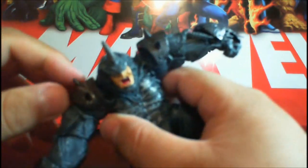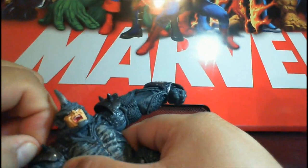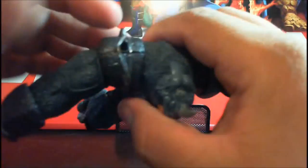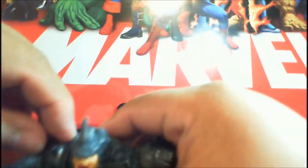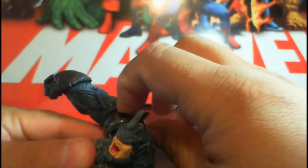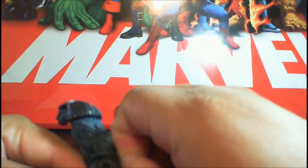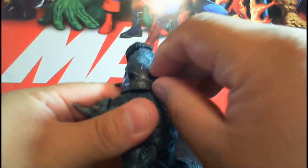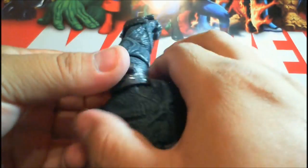Well, let's talk a little bit about Rhino. Rhino, like other villains of his era, needed a very simple explanation on why he was causing ruckus in New York City. New York has seen its share of villains, you know. Doc Ock, the Green Goblin. Doctor Doom is an import villain. Comes from another country to cause ruckus, but